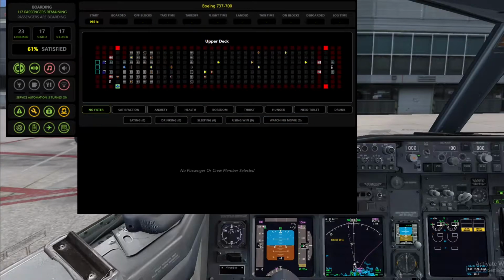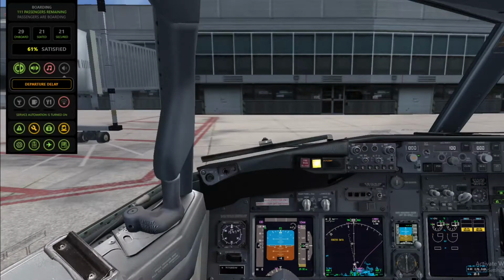This is the layout. Now you can see the passengers coming aboard and getting in their seats and stuff like that. So I'm still kind of playing around with it, but